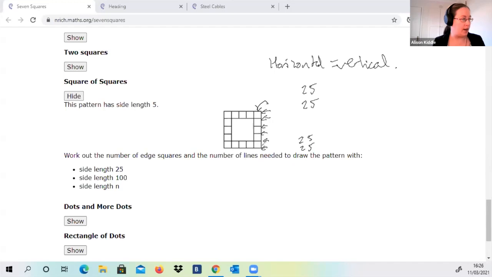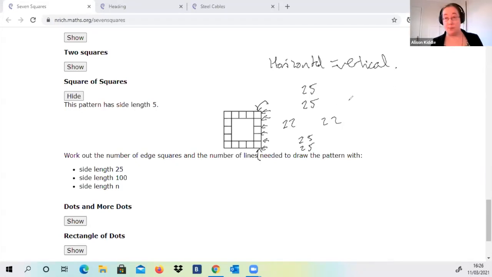which would give me 25, but then I haven't counted the bottom of the bottom square, so that's what makes it 26. So do I have 26 on the left and 26 on the right? 26 minus 4, because I've already counted 2 of the lines at the 25s at the top and the 25s at the bottom. I've already counted those 4. Okay, so that's down to 22 then, and 22. Okay, while you're adding that up, and then of course that's the horizontal, so I'll need to double it for the